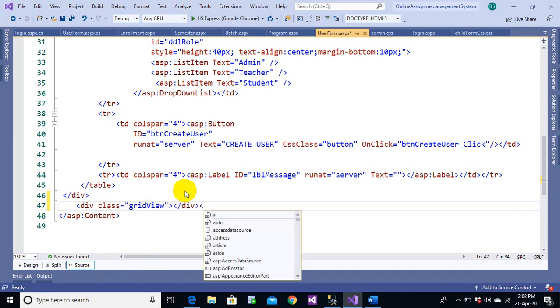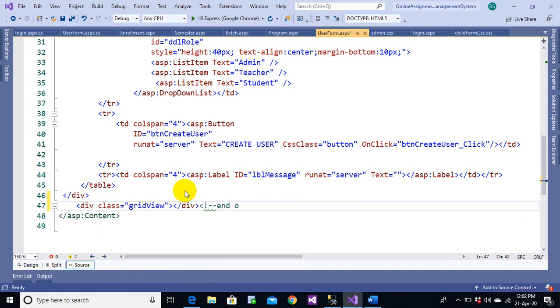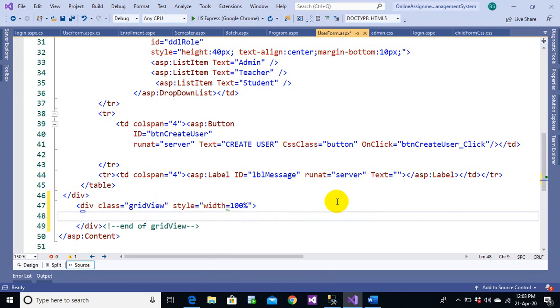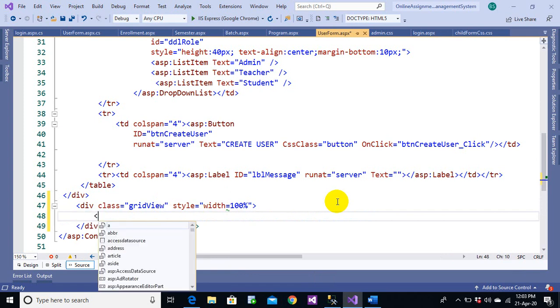So let us name this as end of grid view. Okay, so let us give some style to this. 100%, for example, right now. Okay. So now let us take a grid view now here.